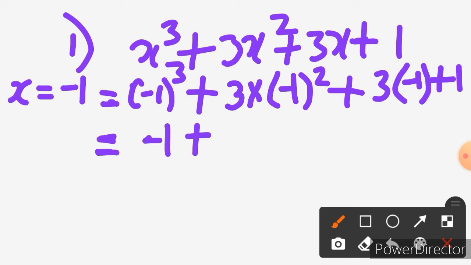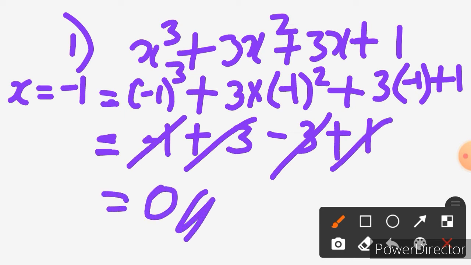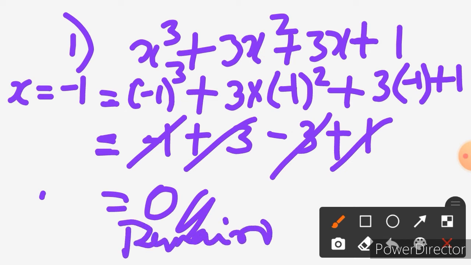Plus 3 into minus 1 whole square is there. If you observe, as a power you have an even number, so you will get plus there, so no need to worry, you can put 3 itself here. 3 into minus 1 is minus 3, plus 1 continued as it is. Plus 3 minus 3 gets cancelled, plus 1 minus 1 gets cancelled, I'll get 0 here. That means I'm getting the remainder as 0. Did you observe? For the previous method also I got 0, and for this method also I have got 0. You can use any one of the methods as you feel comfortable.